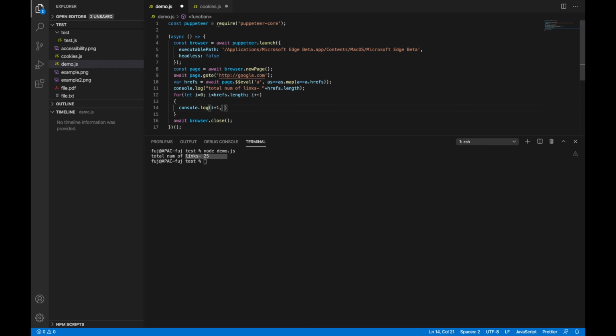Probably, otherwise we will change it. Then href of i, and here let's print a dot space.